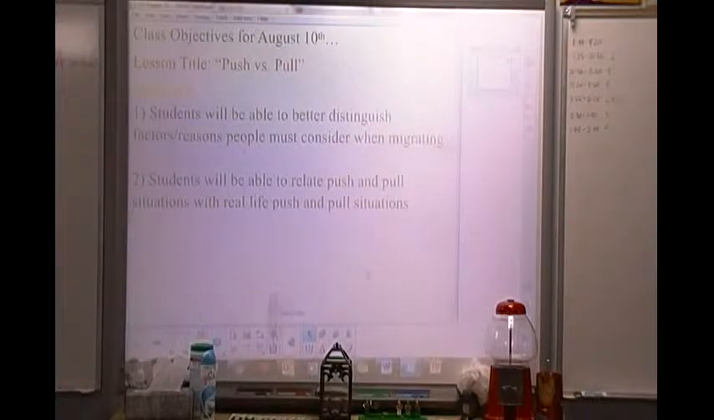On the far left side, raising your hand, someone tell me, what do we put on the far left side of our spiral? Push versus pull. Push versus pull was the name of the title today. Push versus pull. On the far left,